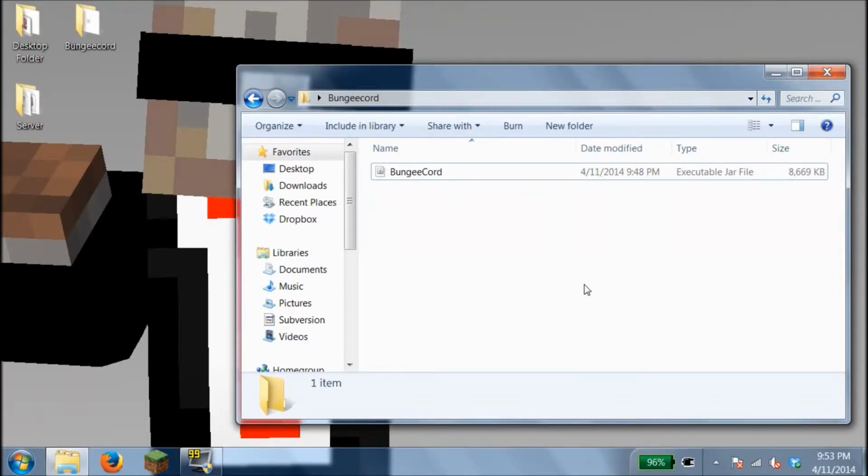And in this tutorial I'm going to show you how to install BungeeCord. I'm going to make this as simple as I can because BungeeCord is pretty tricky for beginners. Okay, so first off, just create a folder called bungeecord and then download BungeeCord and put that jar inside the